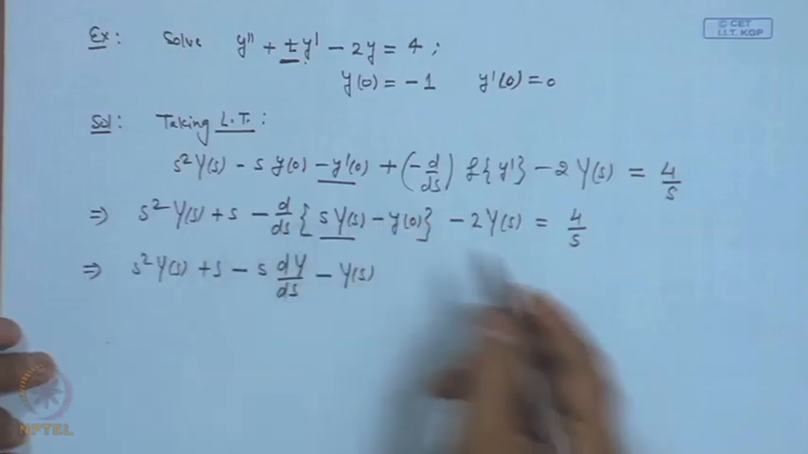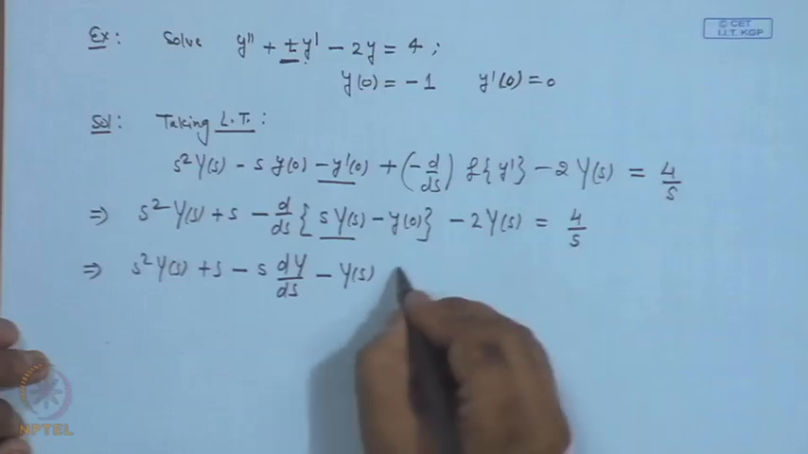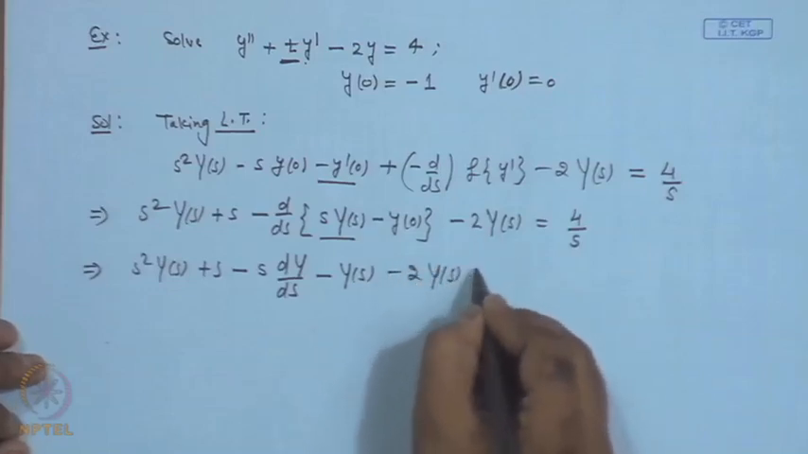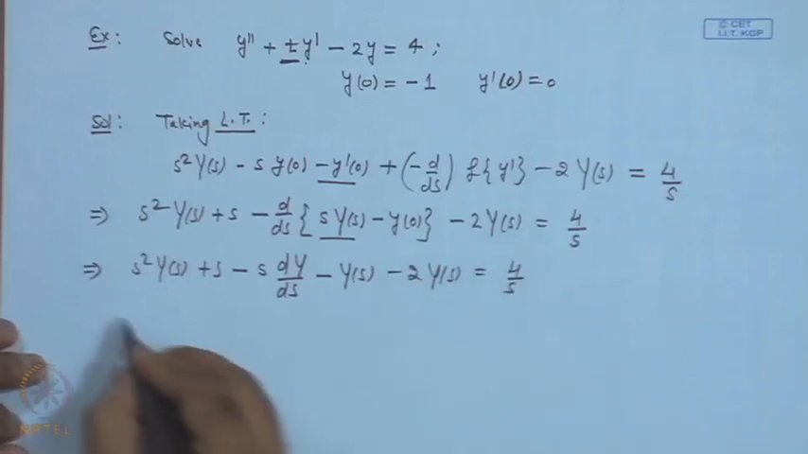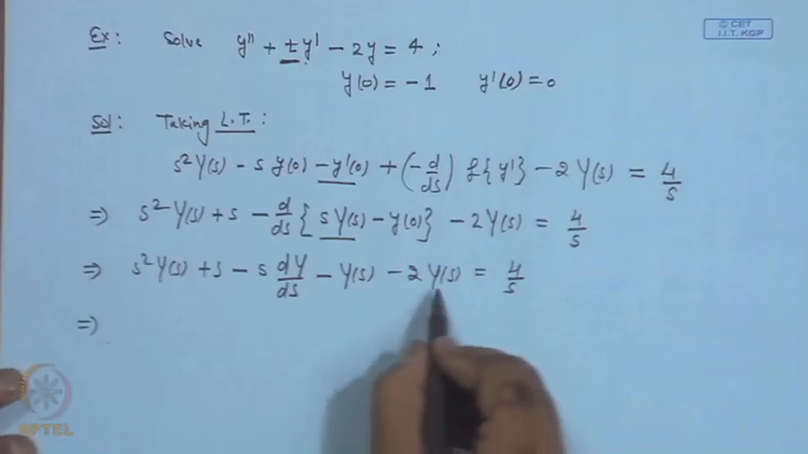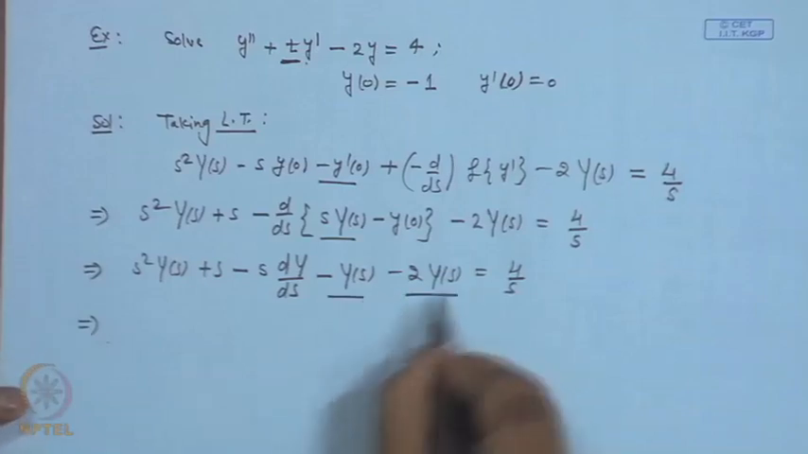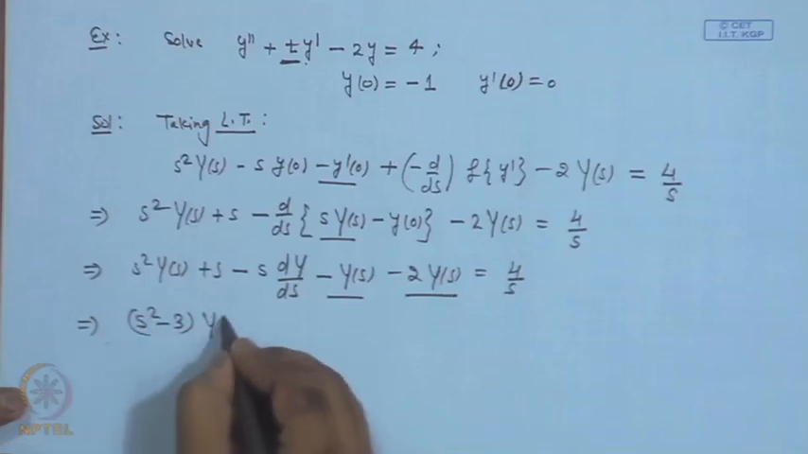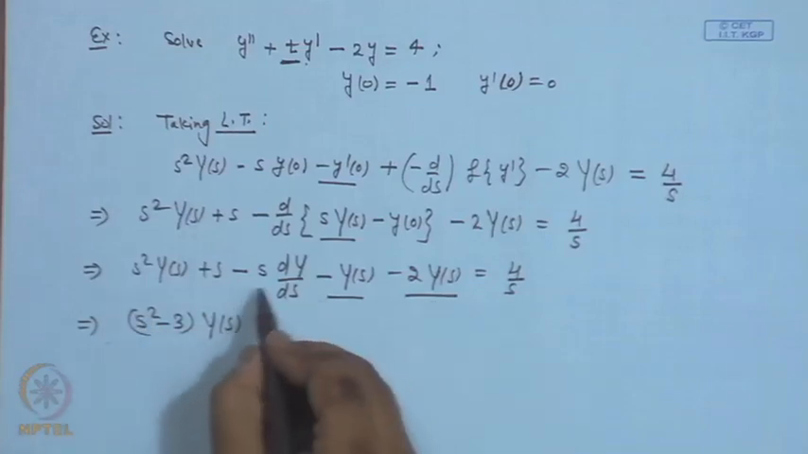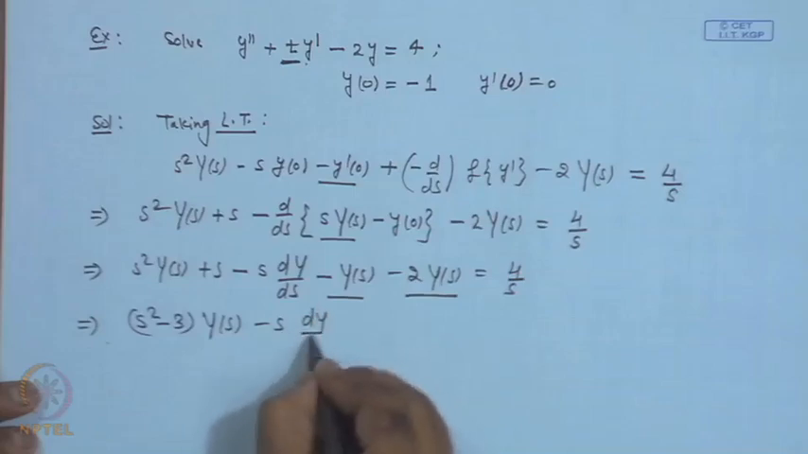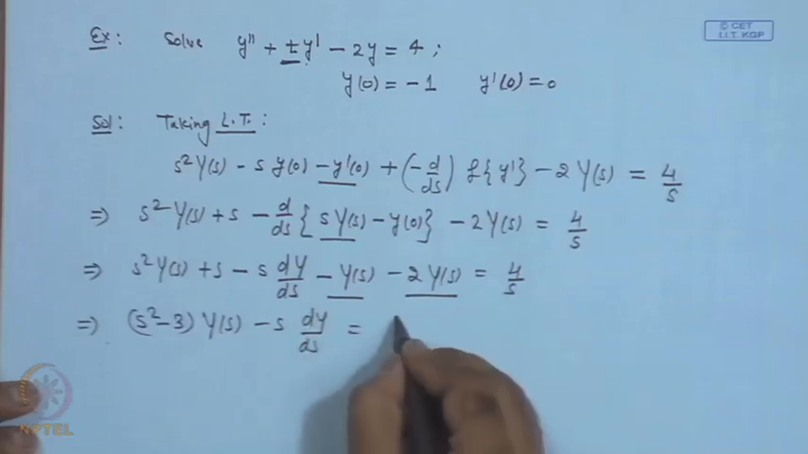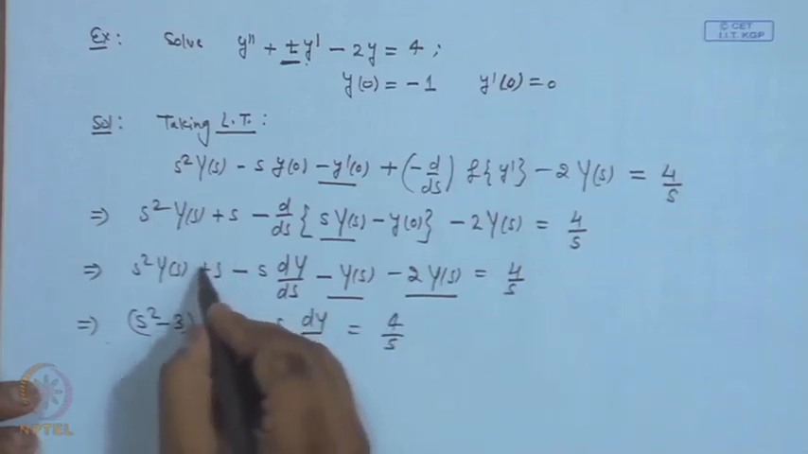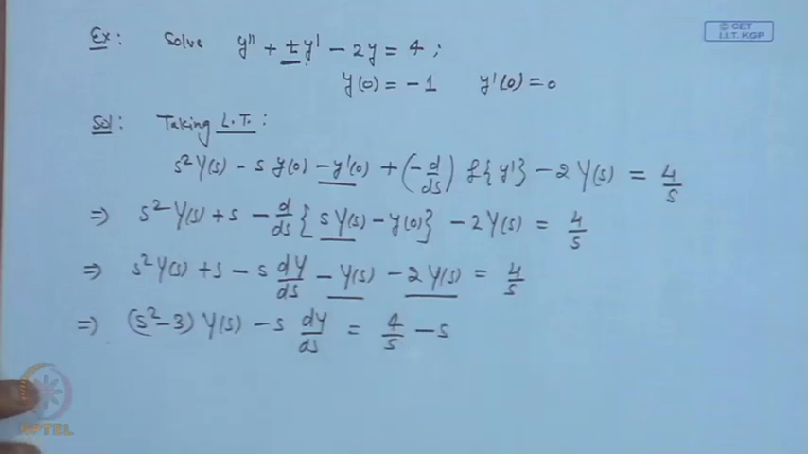Here it is a constant term. So, d over ds will make it 0, and for 2 Y(s), we have 4 over s. So, we take common this Y(s); here also 2 Y(s). So, we have s square minus 3 with Y(s), and then we have here minus s dY over ds. We have right hand side 4 over s, and we have this take the minus s to the